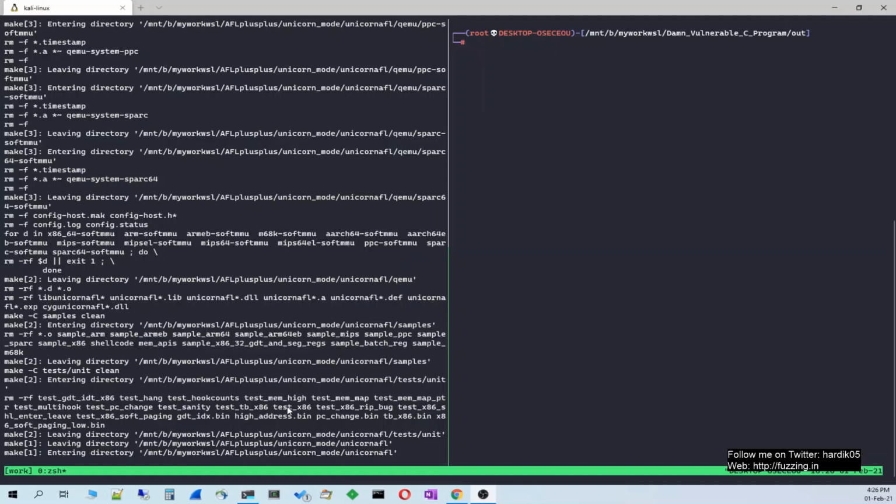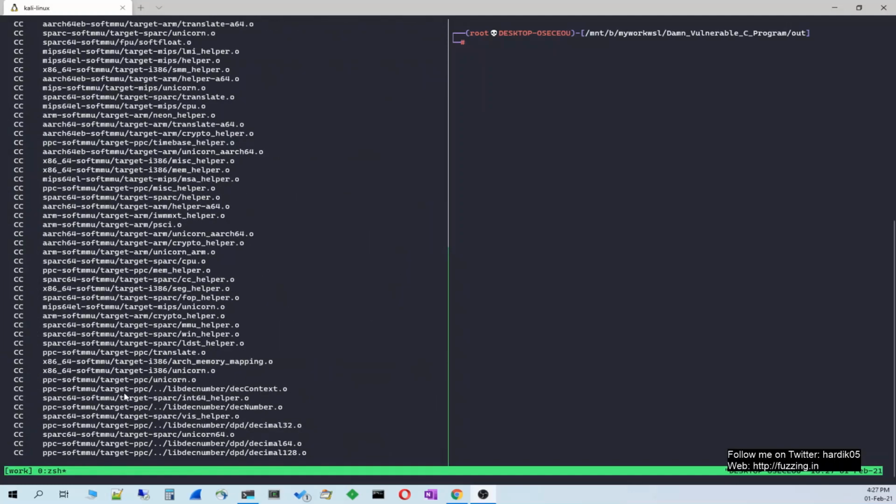You can see x86, MIPS, PPC. So these are the different CPU architectures. If you want to fuzz an executable of a different architecture, then you can use Unicorn mode. I will be doing more videos on this later on, so let's wait till the compilation gets over.